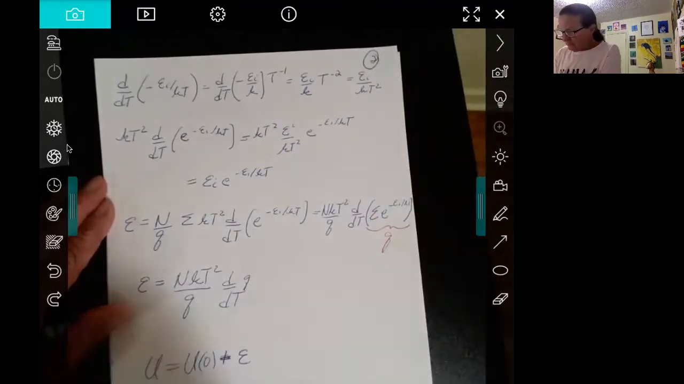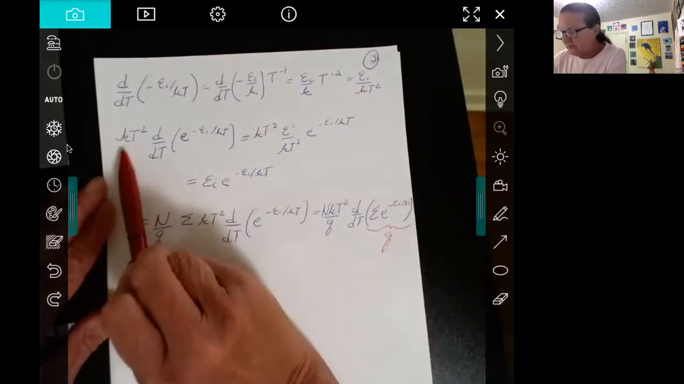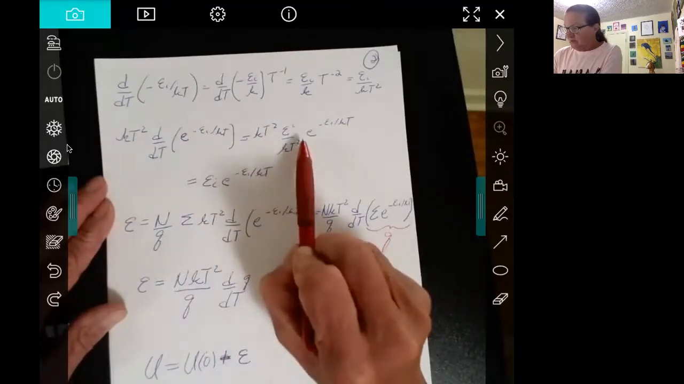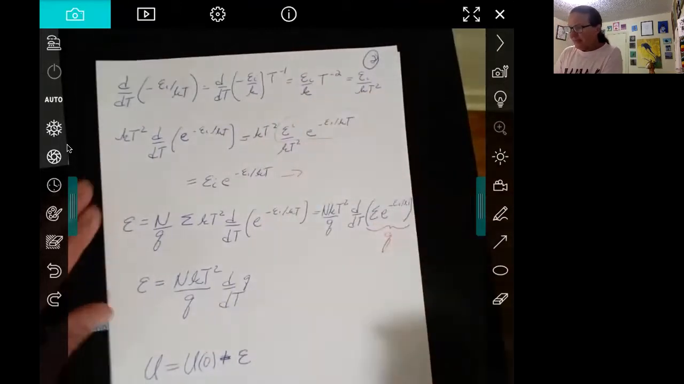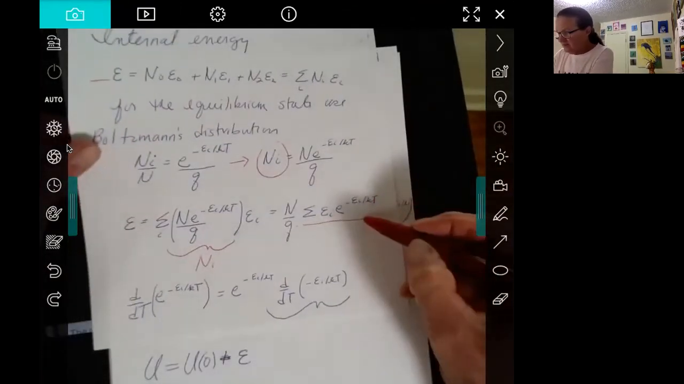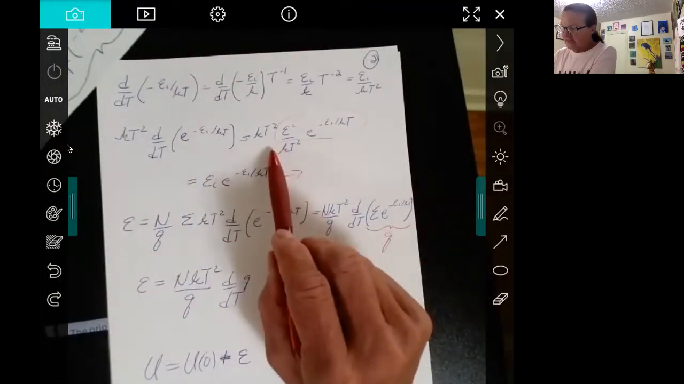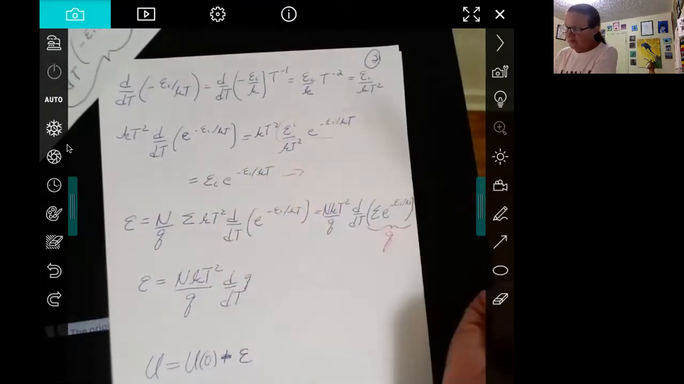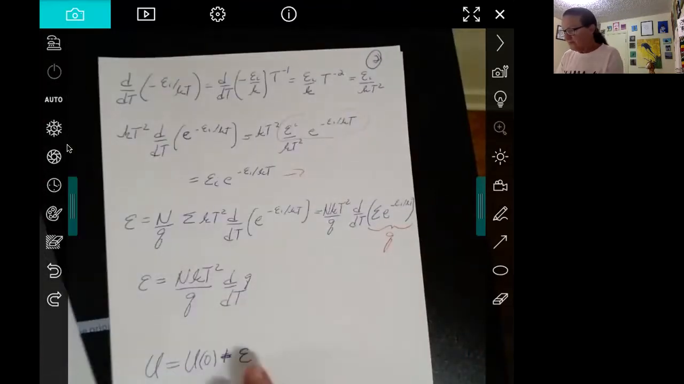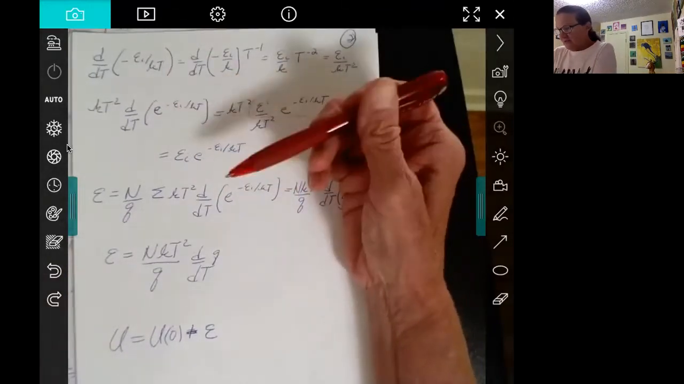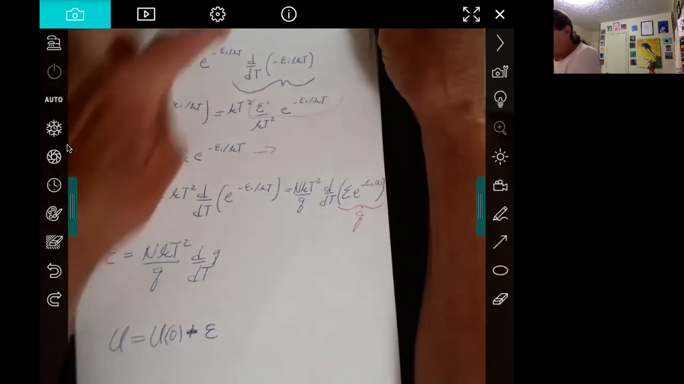And so if we look at that, then the derivative that we just took here, if you multiply it by kT squared, you will cancel this, and you'll end up with just this, which is exactly what our sum was. So taking the derivative and multiplying by kT squared will give you this, which is what I'm trying to solve for. So if we put that back in, go here,